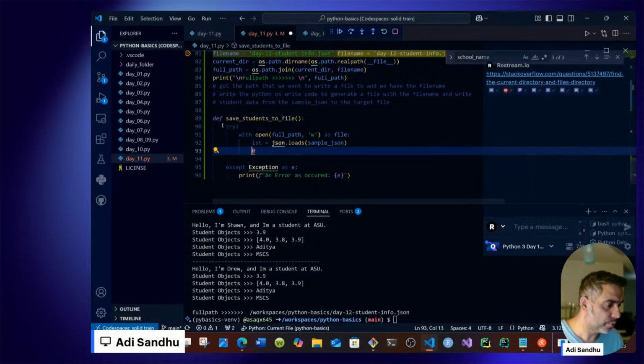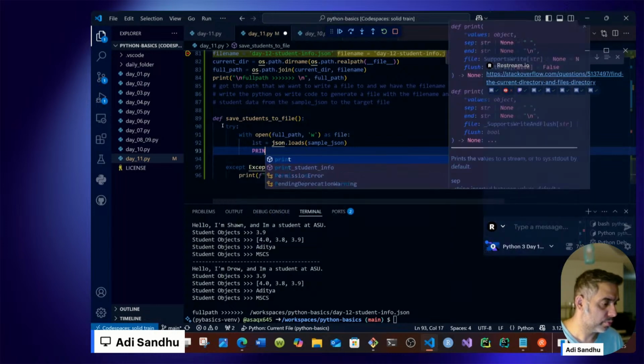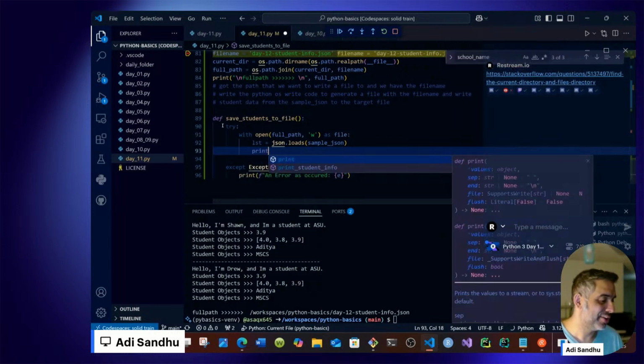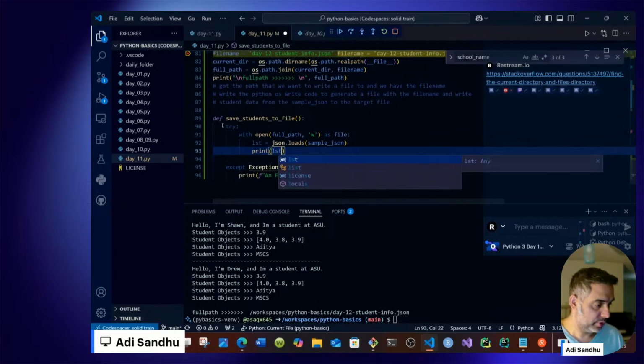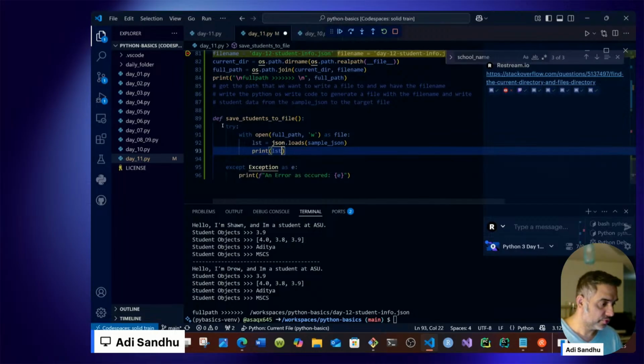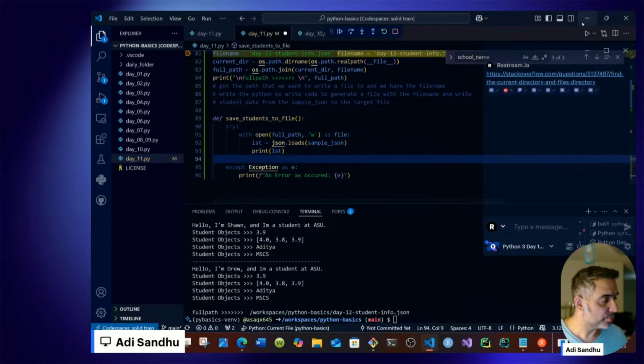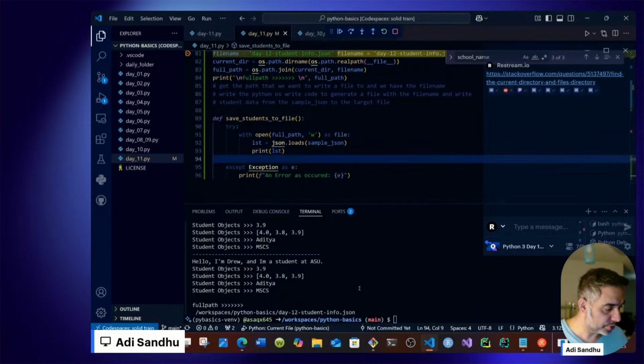Print list. So with open this, write this list to a file and print it, right? Now, what's the problem with this? The problem with this is